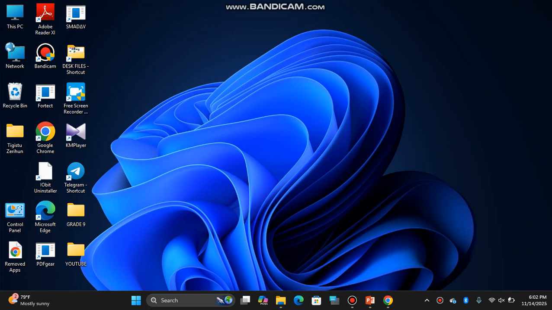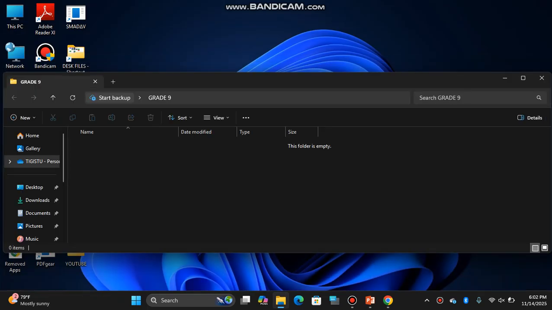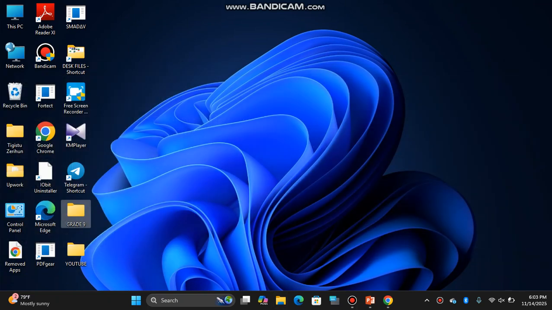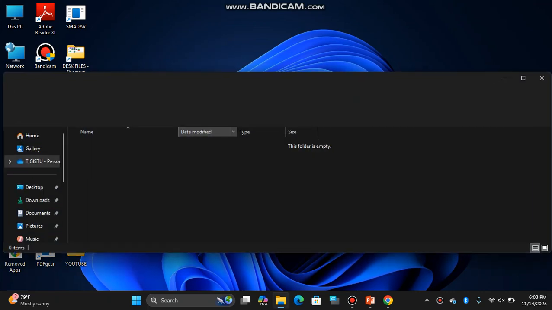It helps you to move. Now if you check grade 9 folder, it is empty. Why? You have only one copy of the file. I mean, the moved file will be kept at the destination. You will not have it on the source.